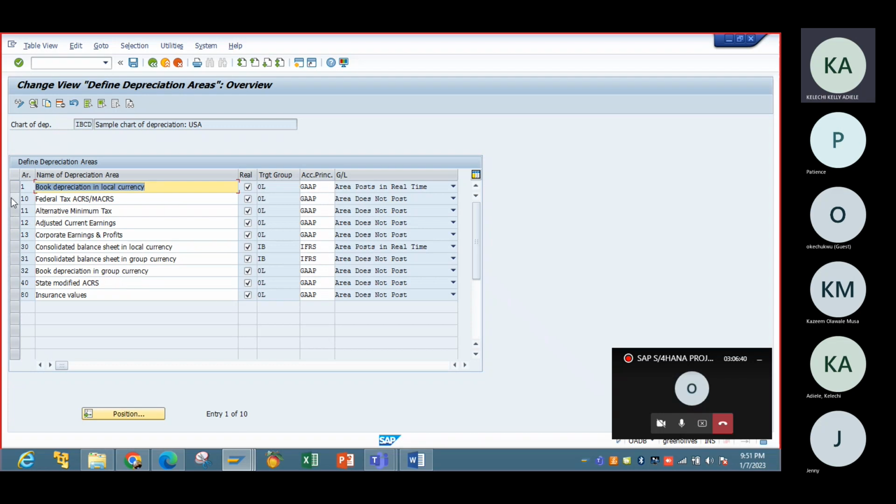The other way to do that is just to delete all these ones I feel are not necessary and move on. But when you go to a live project, you might have to define different depreciation areas. You might actually use different depreciation areas. So you need to learn now how this works, because I can leave only one, simple, and just run. But if a company has more than one, and would want to do depreciations at different levels using different principles, I think it's good you go through that stress, because what I can do now is I'll try